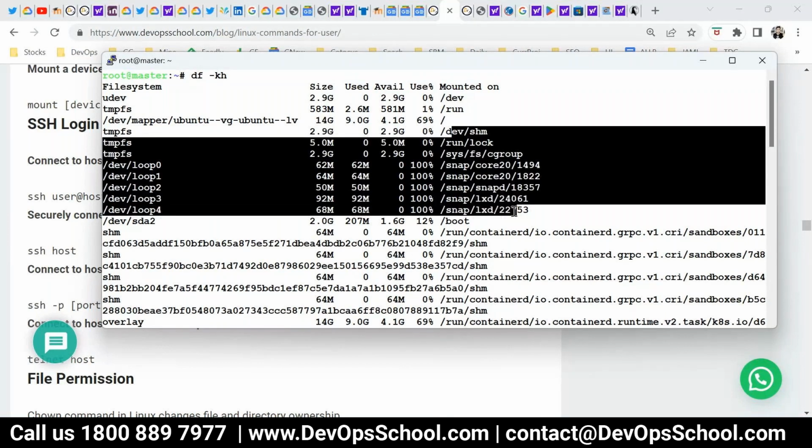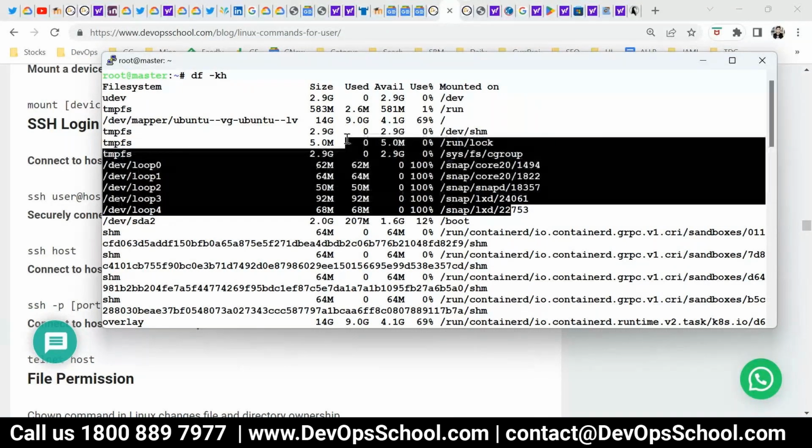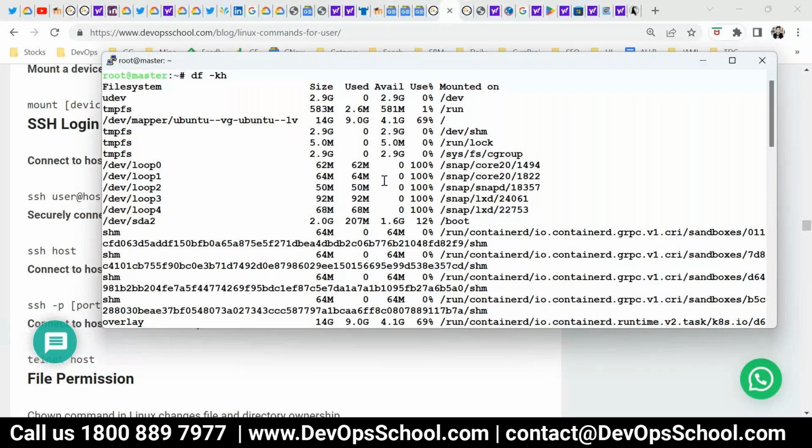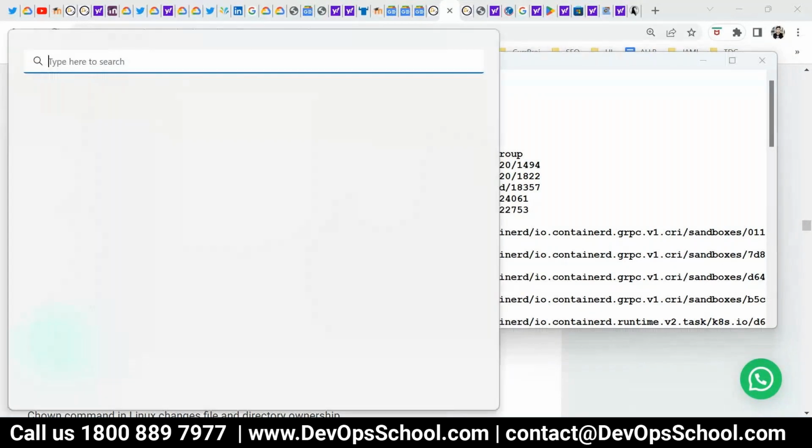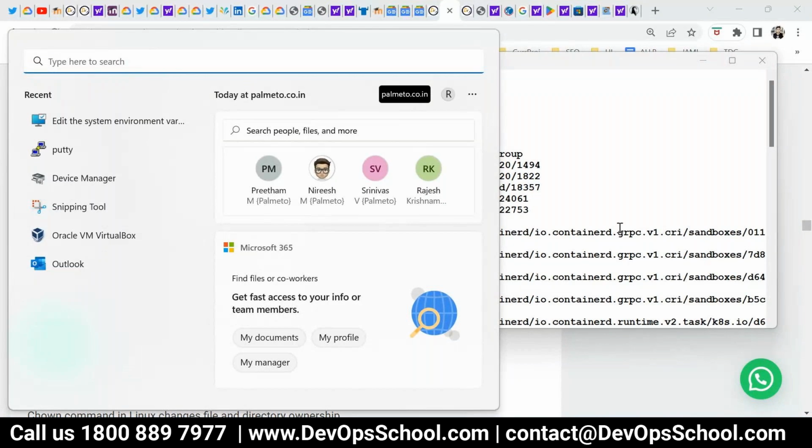We also say mount and unmount. What is the difference then? For any drive we do the mount, and we need to do the unmount for that. Let me put it in this way.